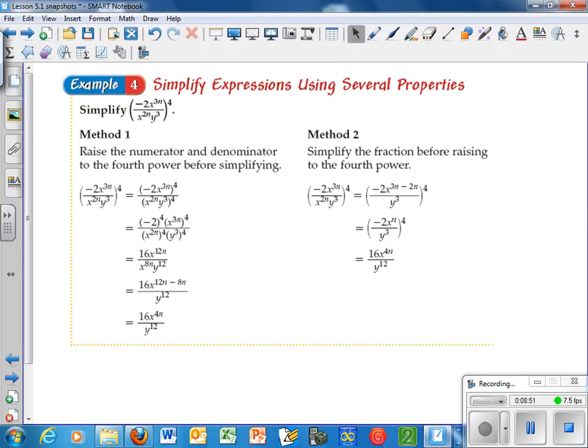This one, okay, they show a couple different methods here. You have negative 2, okay, to the fourth power. Okay, there's a variable involved here, so I have x to the 3n power, outside power of 4, so I got to take that to the fourth power. Okay, and then put it over x to the